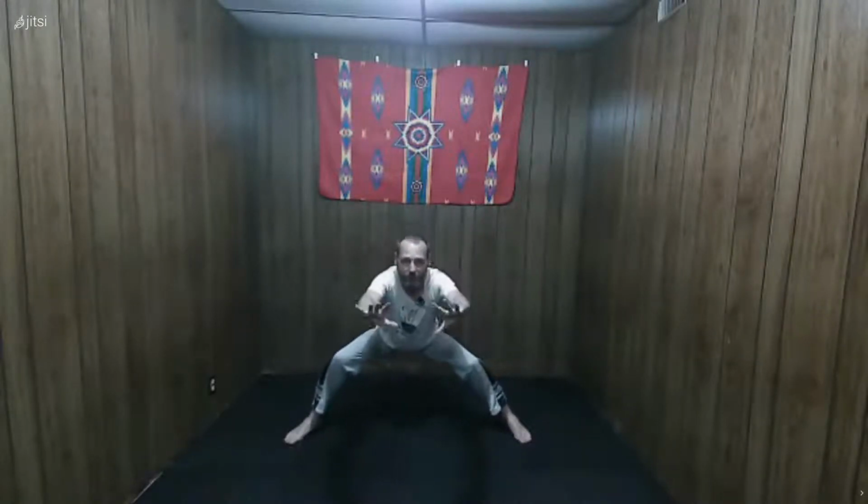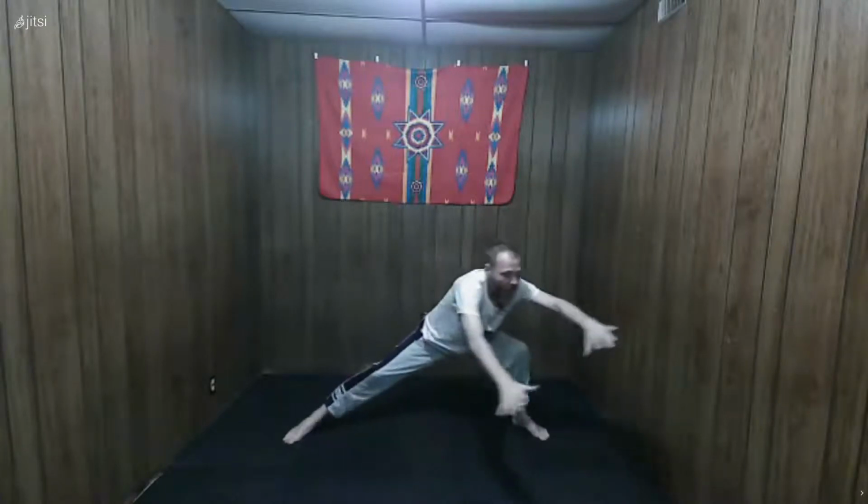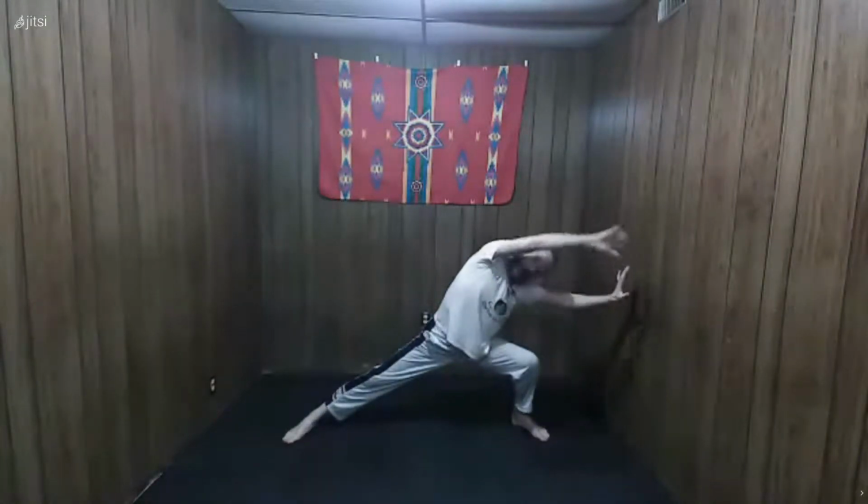And next, we'll begin to open the sides of the body and the insides of the legs by stepping out as wide as you comfortably can. And then we'll open up the hips and the insides of the legs by lowering the body as low as you can comfortably go, reaching out in front, lengthening the spine, and then we'll shift the weight over and lift